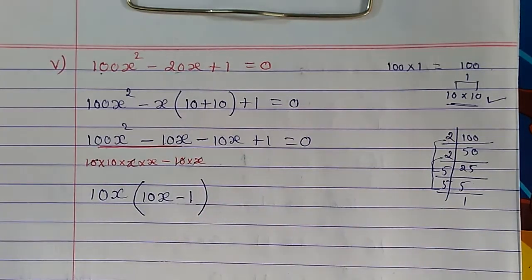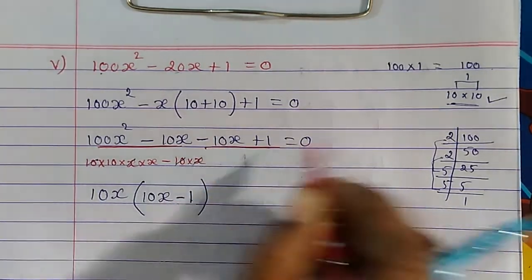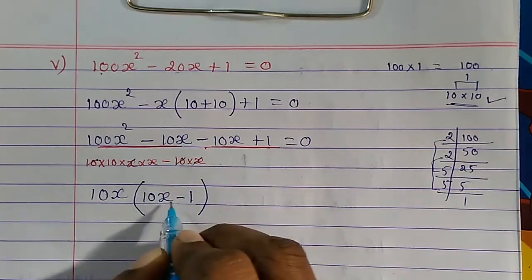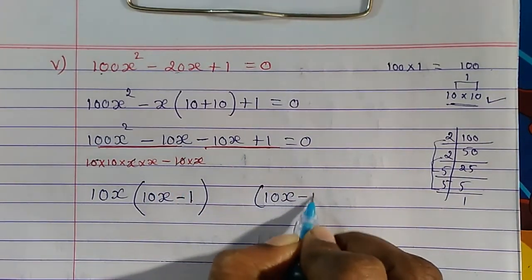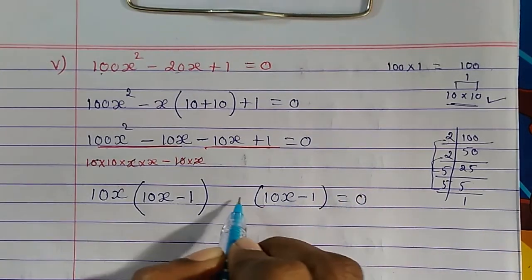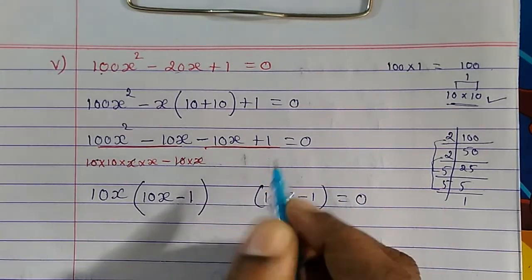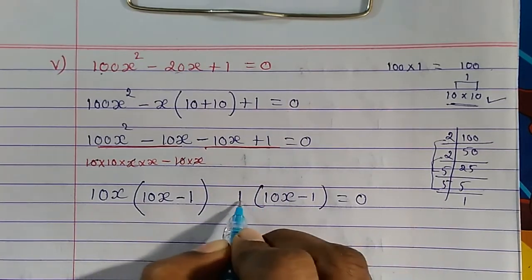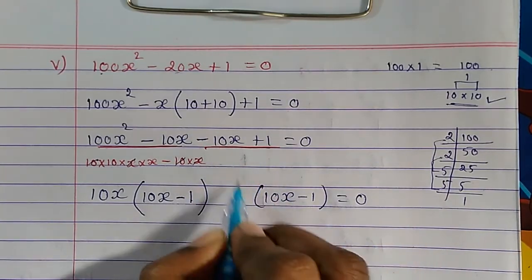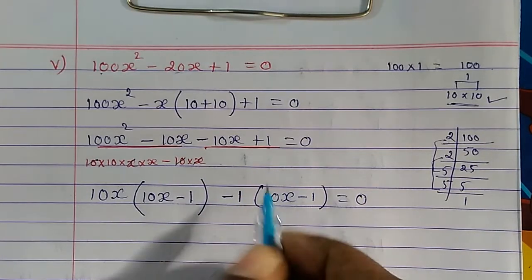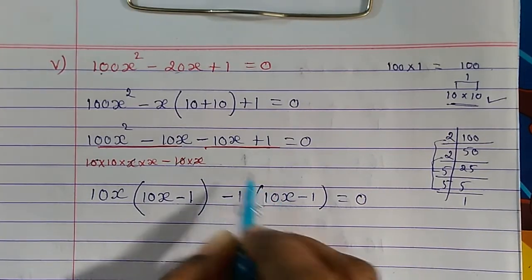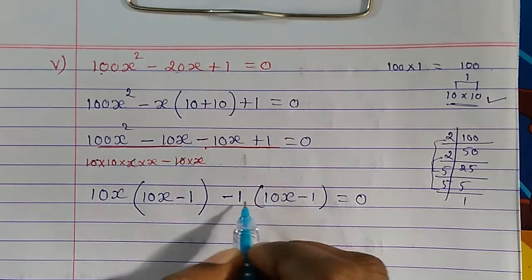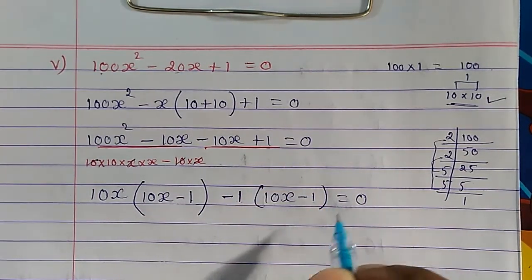Okay. Now in the same way you have to do it for this also. So here what is in the bracket we have got, you can write down the same thing. Now which number can we put so that we get the same thing here? Here 10 is there, here also 10 is there. So with 1, if we multiply, we will get 10x. The minus 10x, so minus 1. So with minus 1 into 10x will give us minus 10x. Then minus into minus will become plus, then 1 into 1, 1. So it is balanced now.